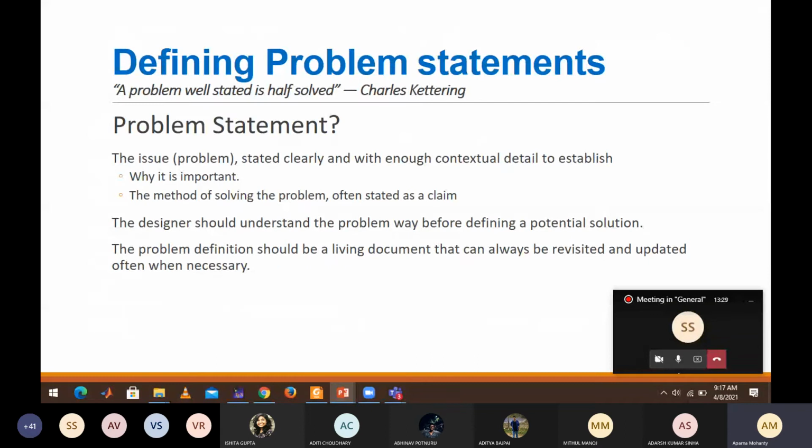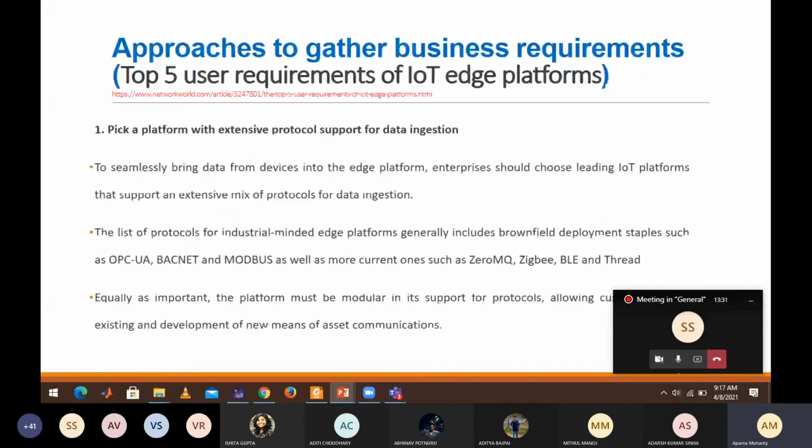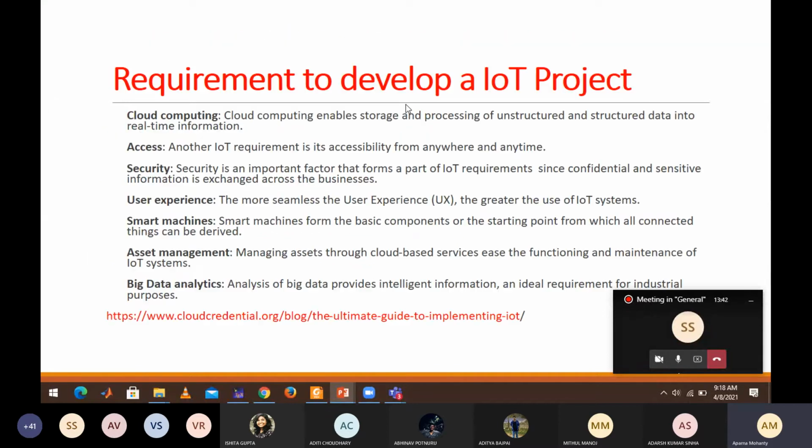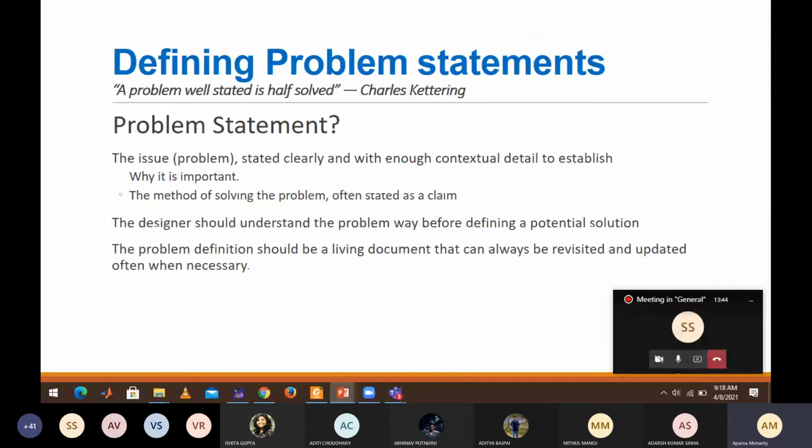Whenever you are defining your IoT project or anything, for your J component also, the first thing that comes to your mind is: what am I going to do? What is the problem or the issue that you will be solving? That is nothing but your problem statement. In your slides you will generally keep the motivation behind it, because everything you do has a motivation. So why it is important, what it is, and how to go about solving the problem. All this combined will form your problem statement.